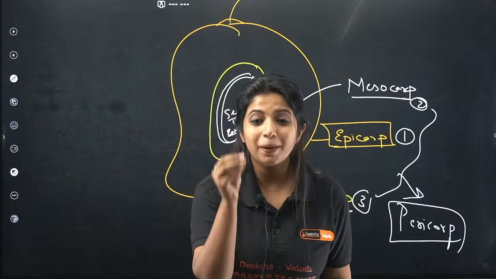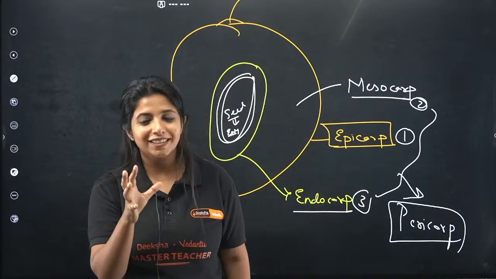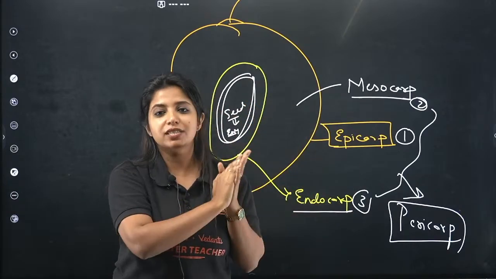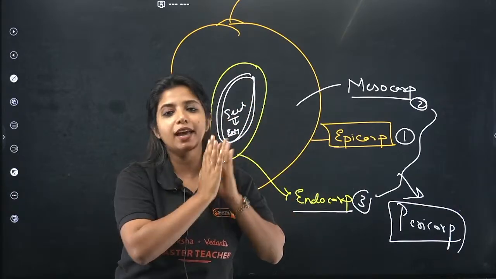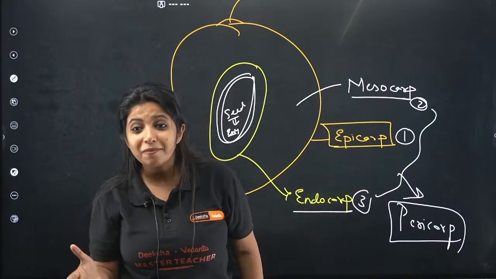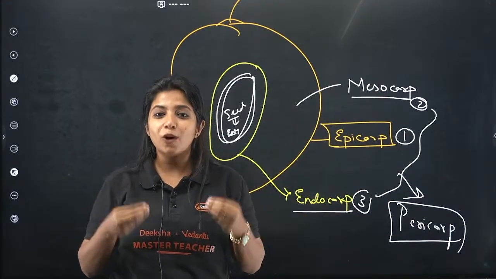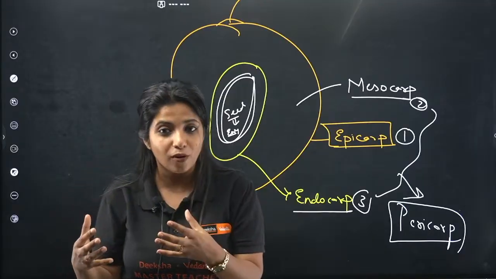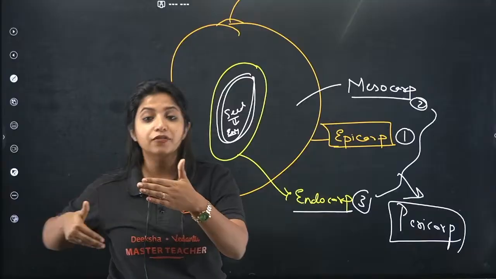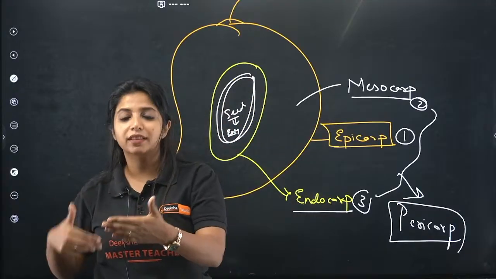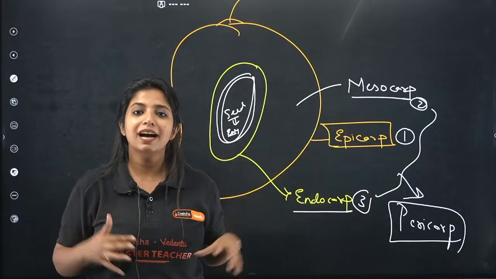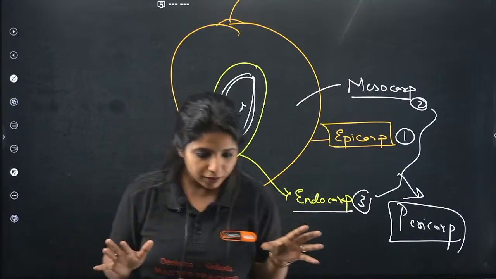Pericarp. So what is perisperm? Perisperm is nothing but the remnant, the remaining cells of the nucleus, which is there for providing nourishment to the embryo. That is perisperm, found in black pepper and beet. Pericarp is basically the outer covering of the ovary walls, and you have distinction among them. Epicarp is the outermost layer, mesocarp is the fleshy layer, and endocarp is the hardest layer. Cool?